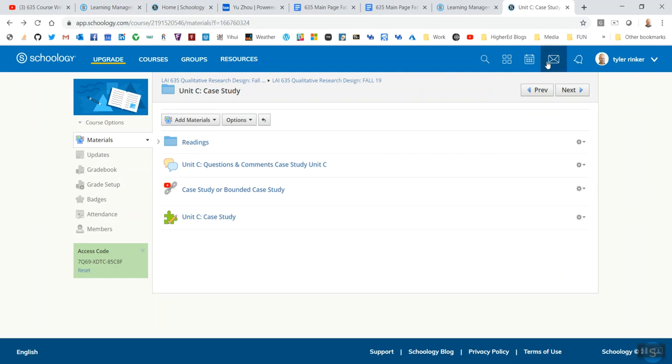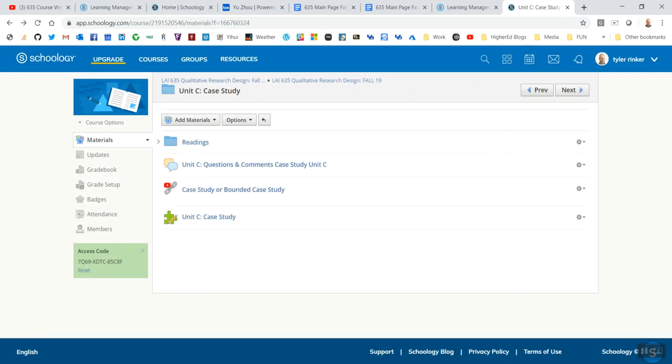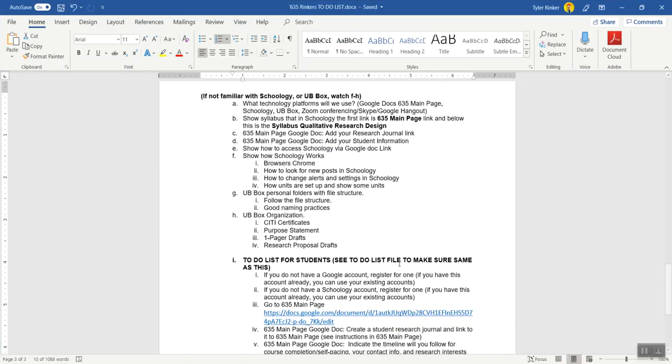I do want to mention up here at the top right hand, you see a place for messaging. You can do individual messages. You can see what has been messaged to you. You can send to one person or multiple people, with a subject line and then a message. So let's go back to our document,